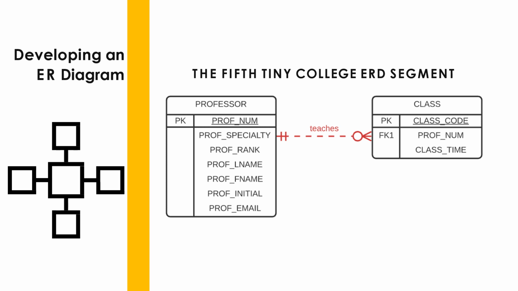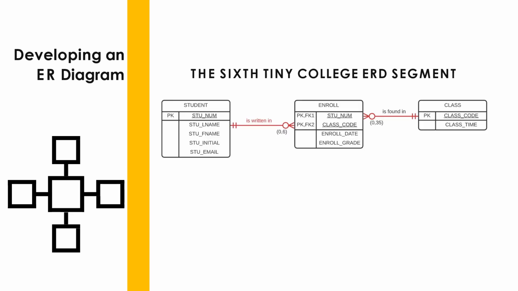Next is between professor and classes. A professor can teach many classes, but they can also opt not to teach if they are, for example, a research professor. But for a class, they should be an assigned professor for them. Now, this particular example we have already seen in the previous slides, but the only difference with this one is